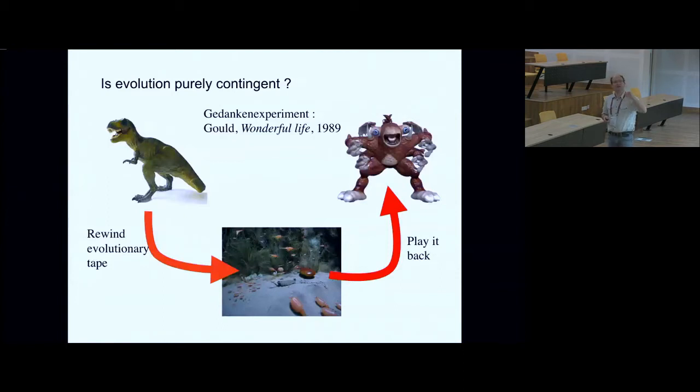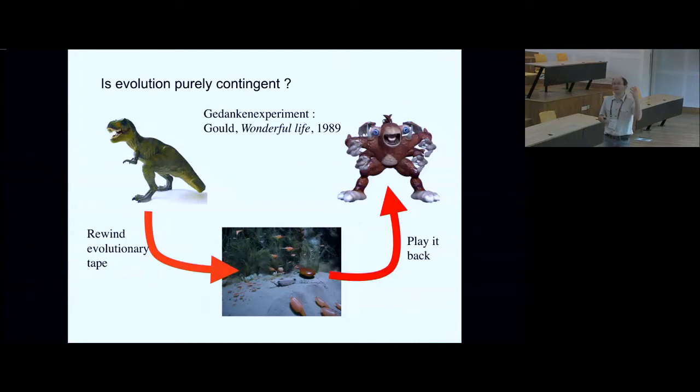It's really related to the question I asked early on, maybe in my first lecture, which is the idea of Gould's thought experiment: if you take the evolutionary history, go back to the Cambrian, and imagine you could play it back again, would the animals look like the animals we actually observe? You could ask the exact same question at the network level. Imagine I take the networks that we have today, go back to the Cambrian, and let them evolve again. Would we see the same network structure? You could really ask the same question.